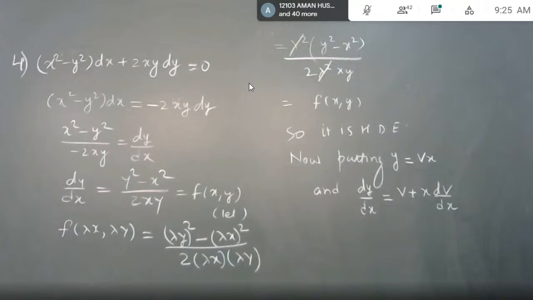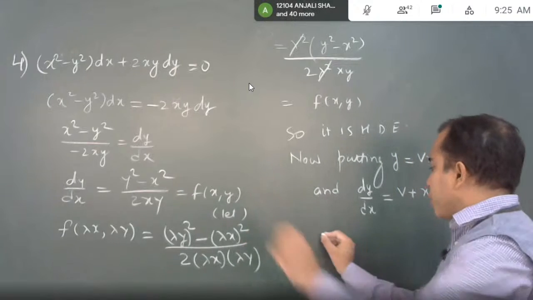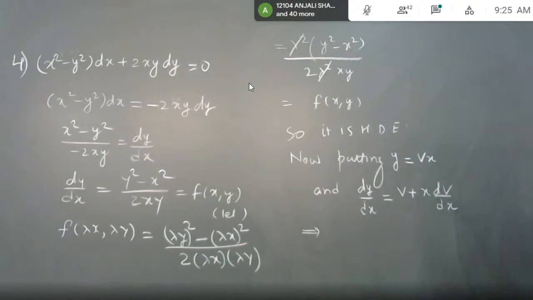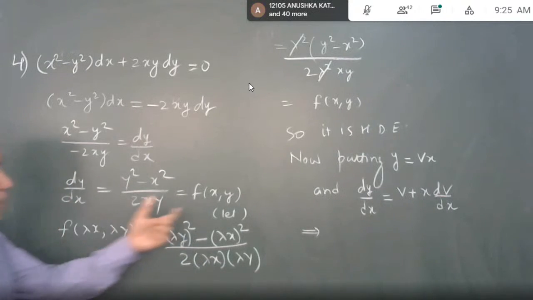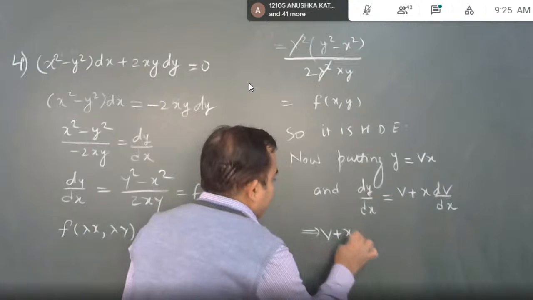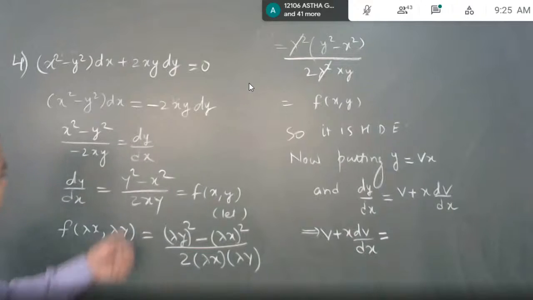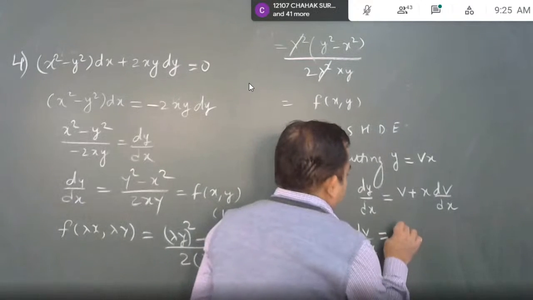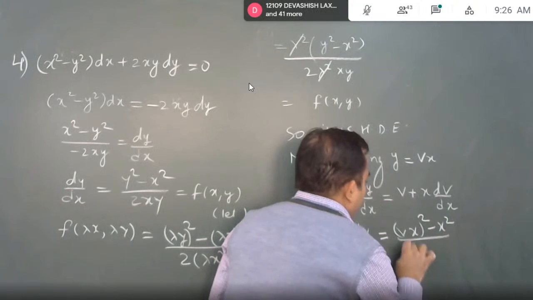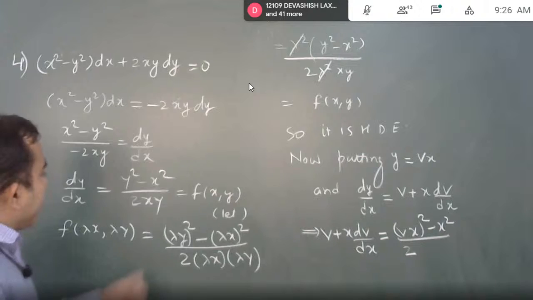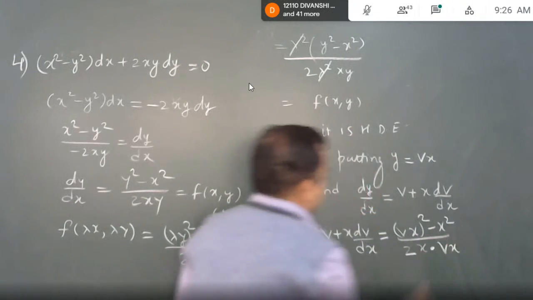Okay, so let's put it here. So in my equation dy upon dx will disappear and in place of dy upon dx, v plus x dv upon dx will appear, equal to, in the right hand side y will disappear and in place of y, vx will come, whole square as it is,